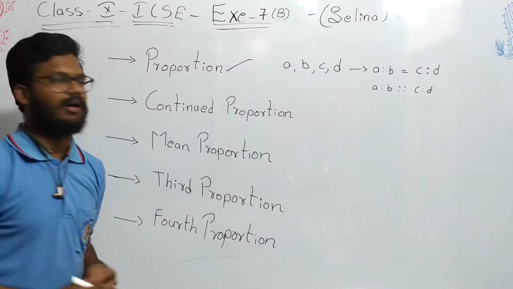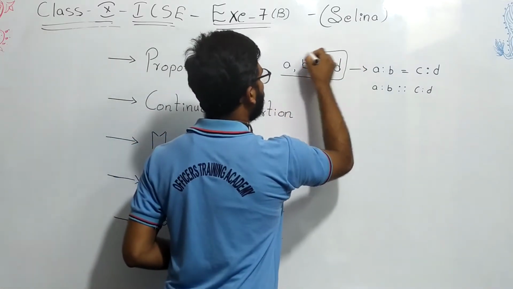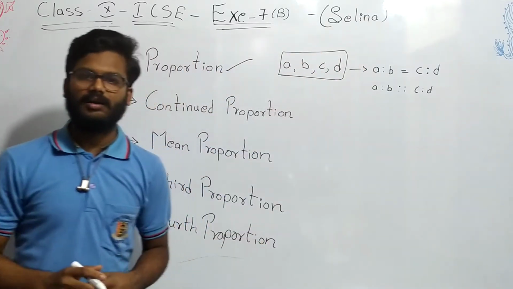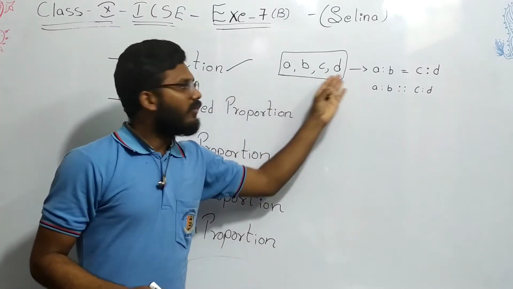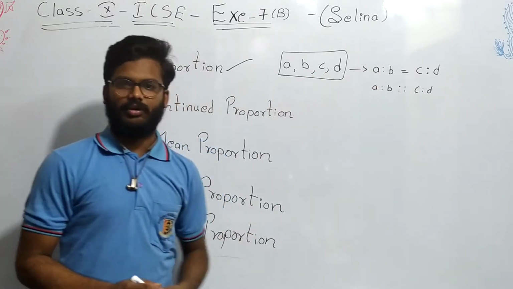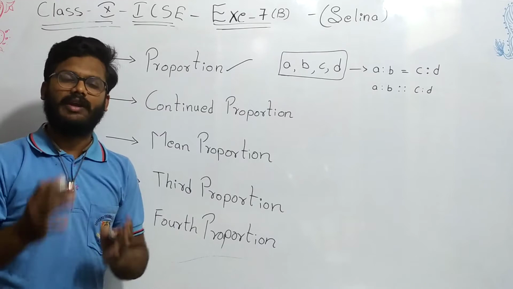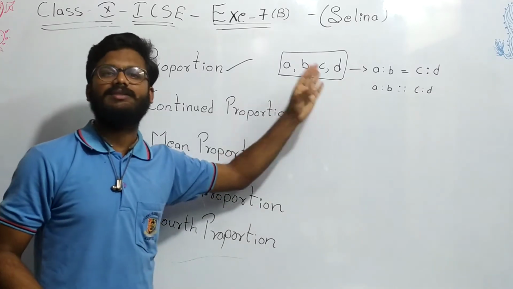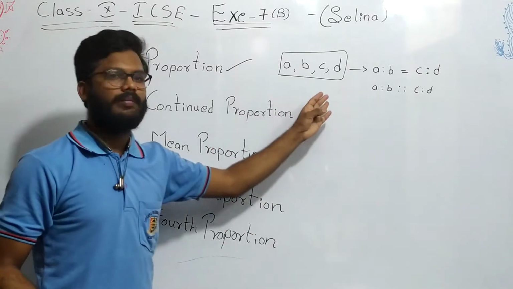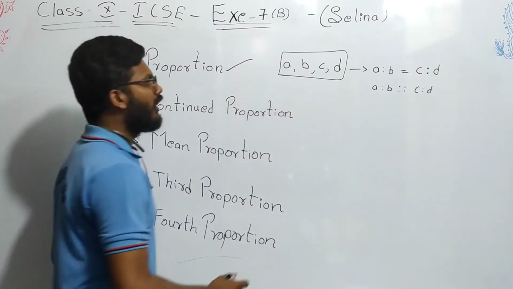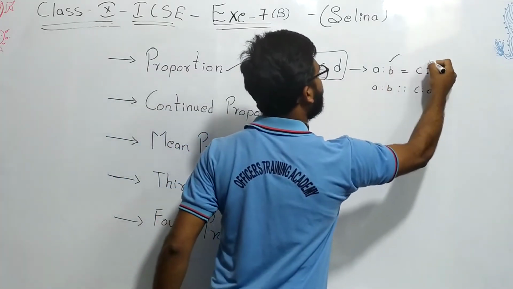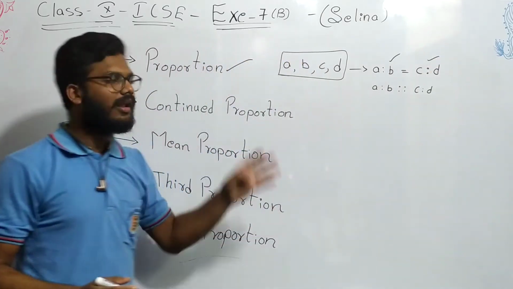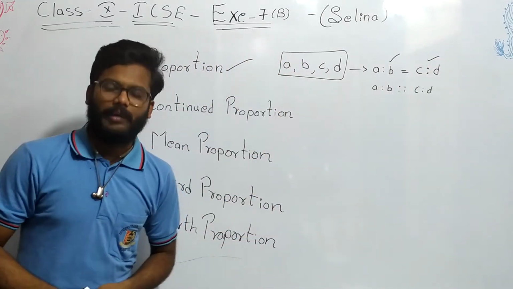Why am I telling here A, B, C, D are of the same kind? Because here we want to find the ratio, right? When can we find the ratio? We can find the ratio only if they are of the same kind and have the same units, and all should be non-zero elements. So if A is to B is equal to C is to D, then you can tell A, B, C, D are in proportion.